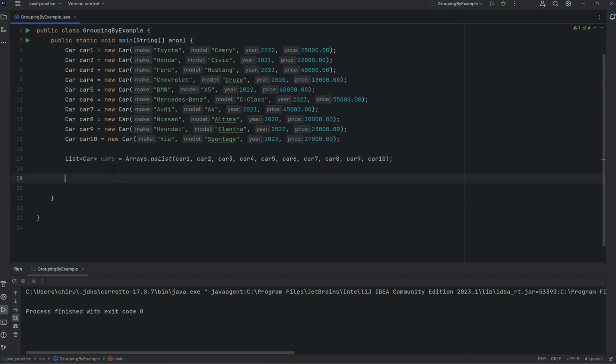So in interviews, most people ask how you group employees by department or something like that. Okay, so to group employees by department, you can follow the same scenario. So here we have taken a car object. What we can do is group all the cars based on the year. Okay, so what are the car objects that are related to year 2020, 2022, 2023 and 2021, like